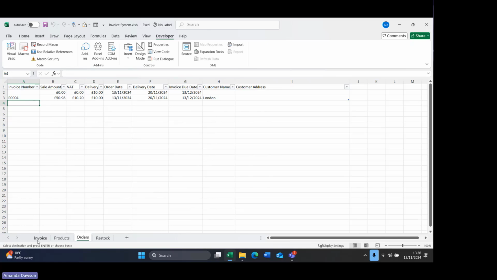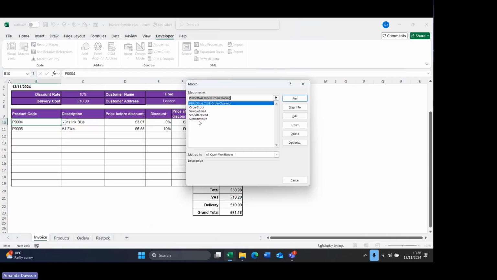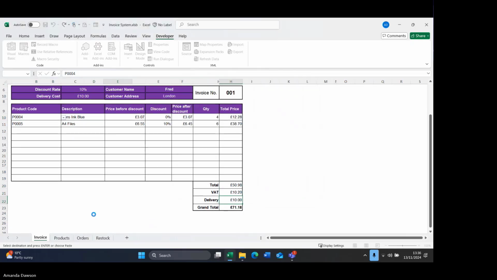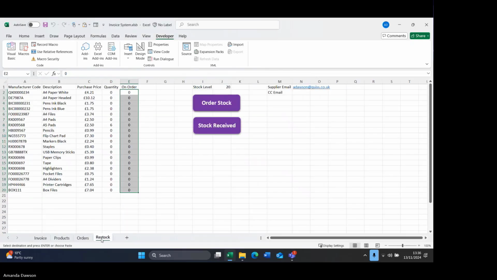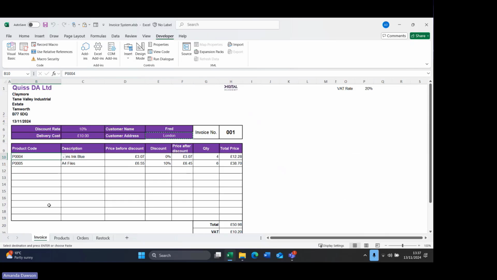Okay, it didn't seem to record me moving to the next row. Let's see if it works a third time. That's better, but it seems to have missed recording me moving to the next row down, and I've put in a product number rather than the invoice number, but I can always fix that later by going directly into the